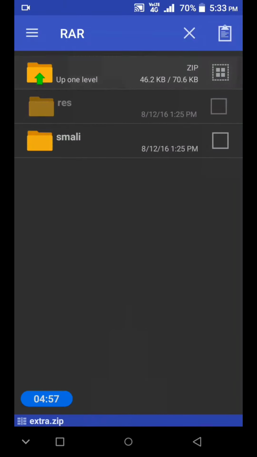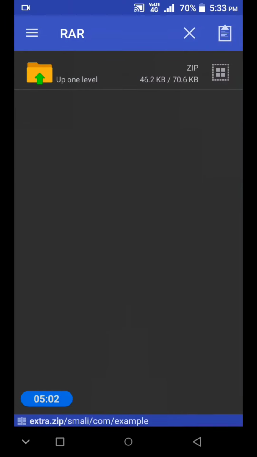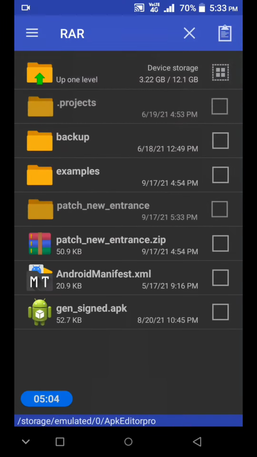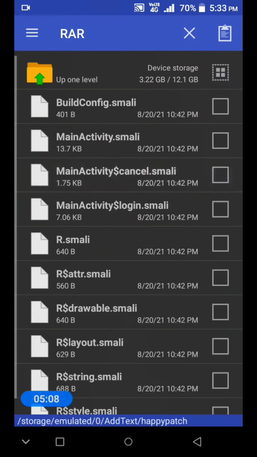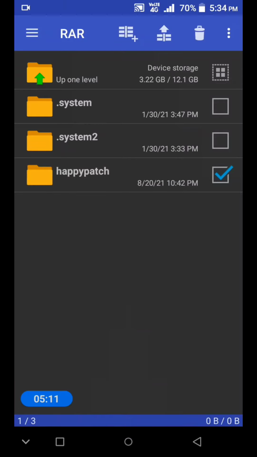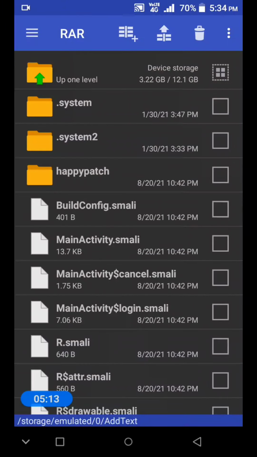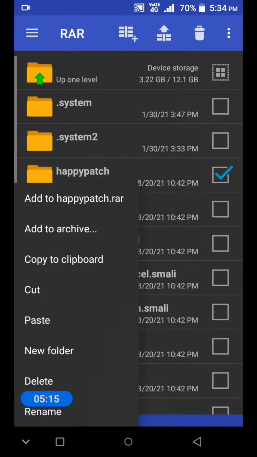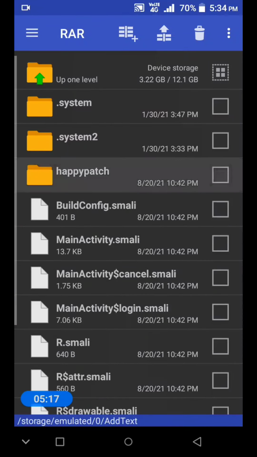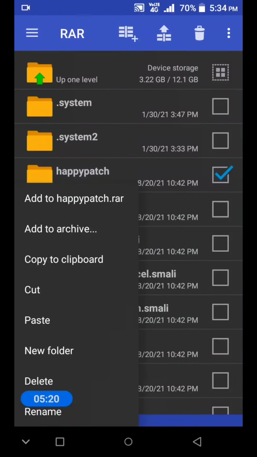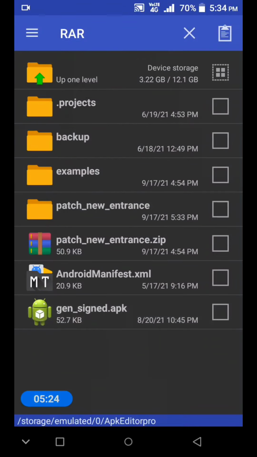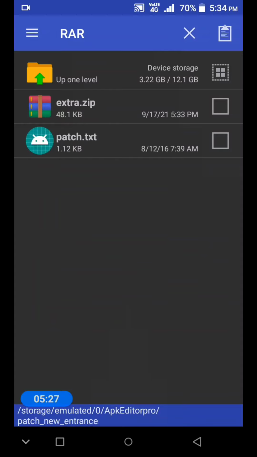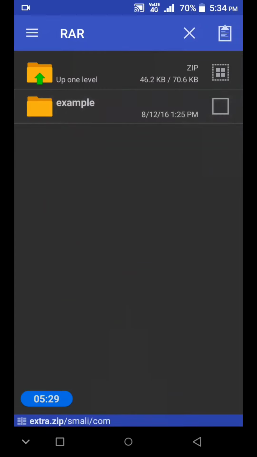Now here we have to create a happy patch folder. Let's create it here. Let's copy the whole folder and paste it in the extra zip folder here.